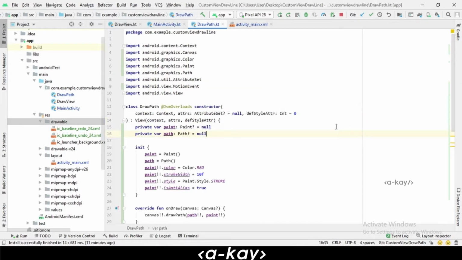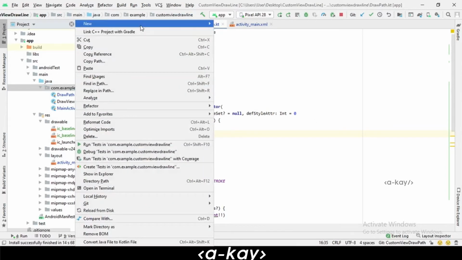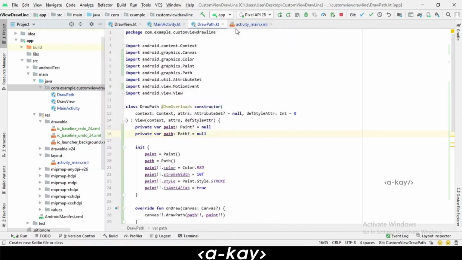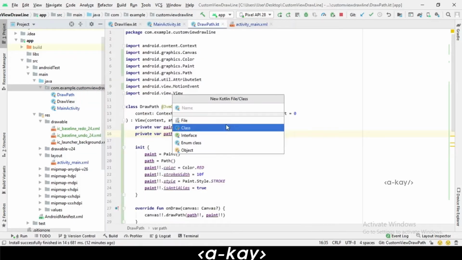Basically we are going to create an array list of paths which we can easily transfer with undo and redo option. So we have to create one more class file which will hold path, a Kotlin class file. It has a paint path.